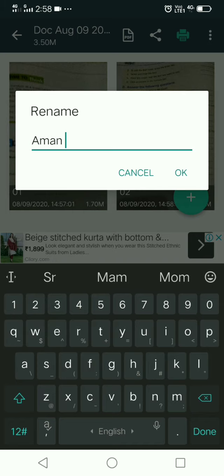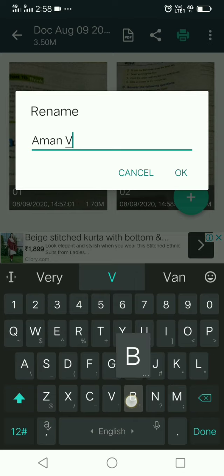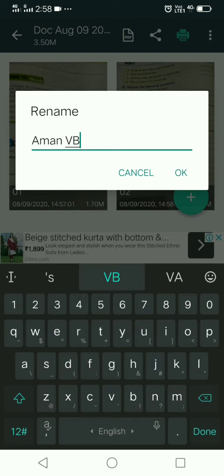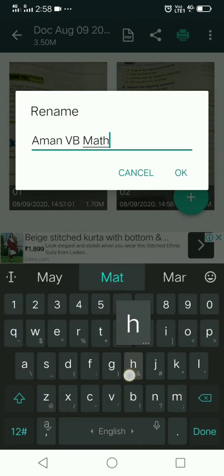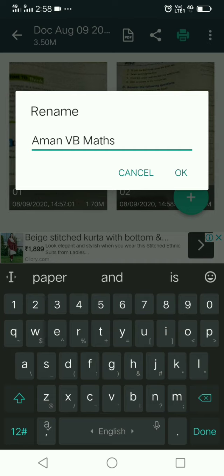Now you type your class, for example 5B. After your name and class, you type the subject, whichever subject answer sheet you are going to submit, you have to mention that. For example it's maths, and the date also. You have to put the date on which you are submitting this PDF. For example today is 9, so I'm going to write